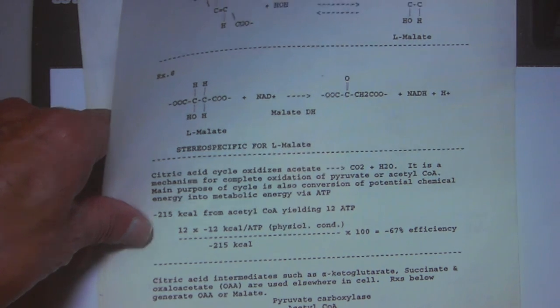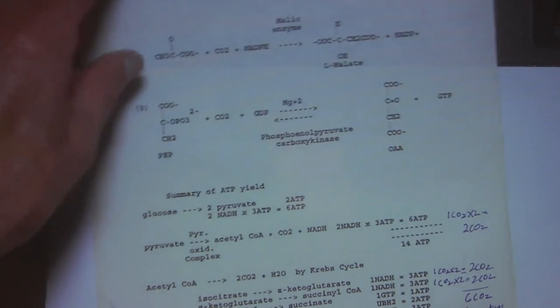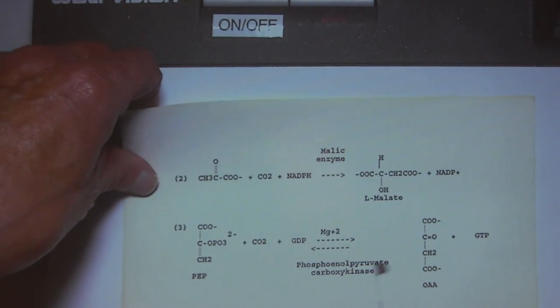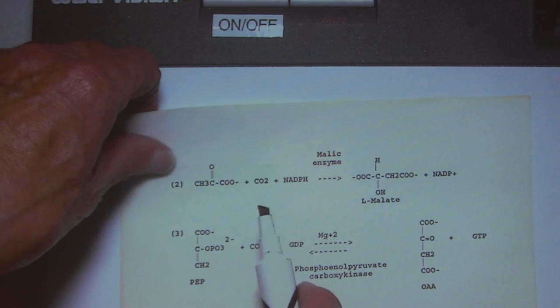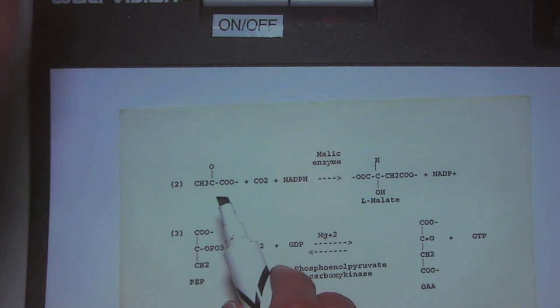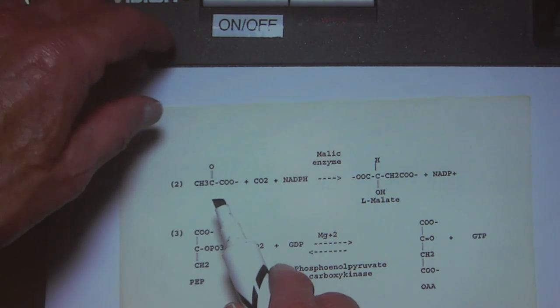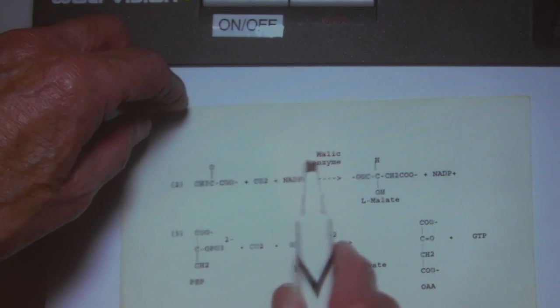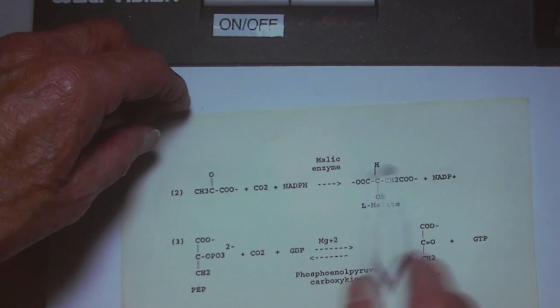Okay? The malic enzyme is not as important because it doesn't make oxaloacetate directly, but indirectly. So again, the malic enzyme is a separate reaction. It'll take pyruvate and CO2, use NADPH, and make malate. But it has to go one more step. The last step